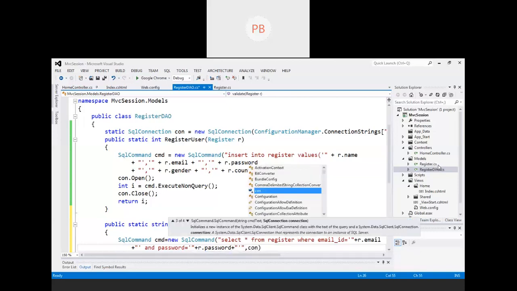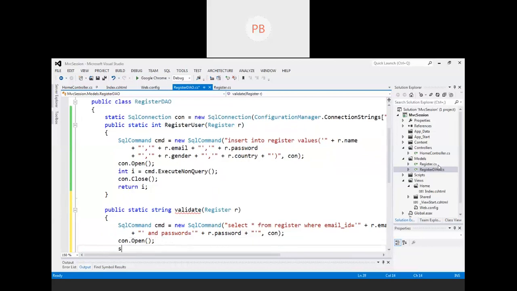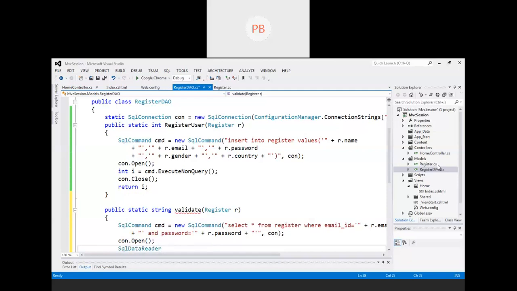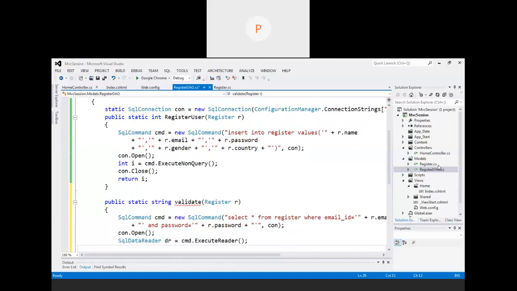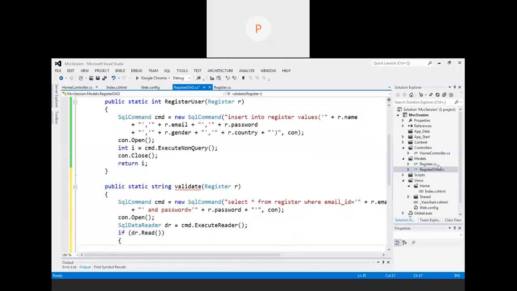Then for executing this, I need to open the connection, then SqlDataReader, its object equal to cmd.ExecuteReader. Then you will check if dr.Read, then